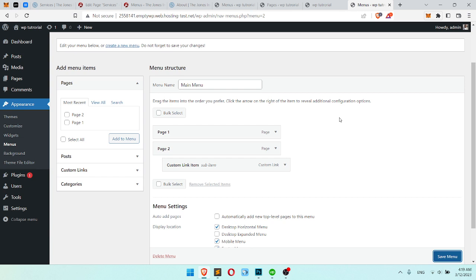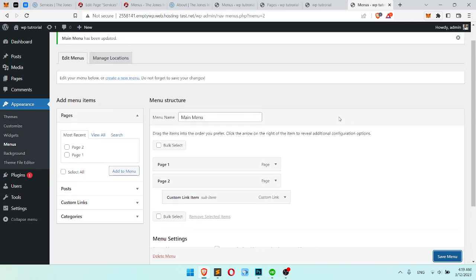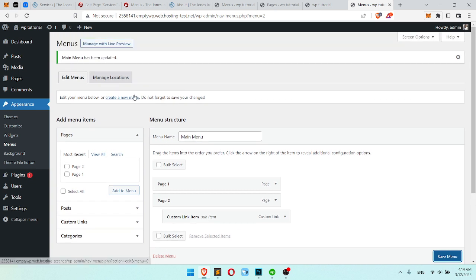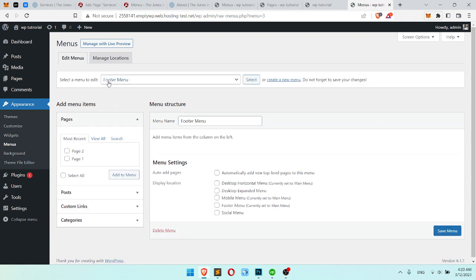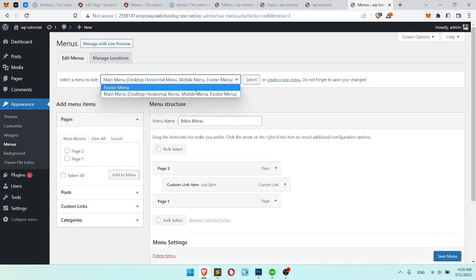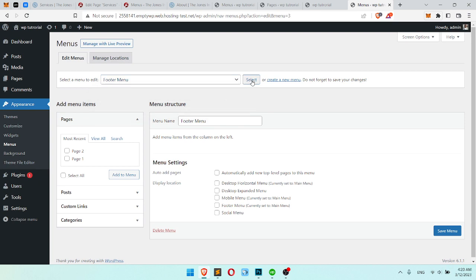So, a bit more advanced now. Additionally, you can create other menus, and typically you need a few menus, like one menu for the footer, one menu for desktop, or for the header. So we click create new menu again and write footer menu, just like we did before. Create menu. So now we see a drop down, so we can change between the main menu and the footer menu we just created. So let's check main menu